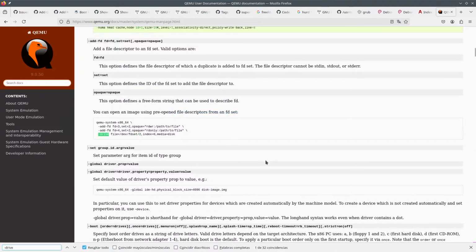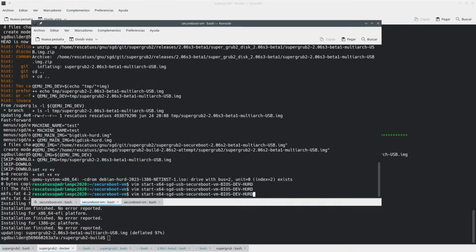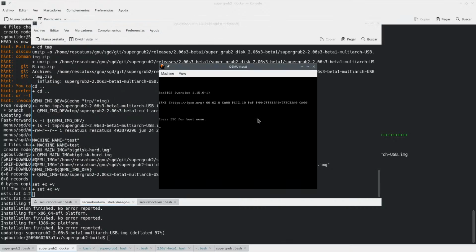Is there anything? Index. Okay, so we can specify an index here. So this is index 0. This is index 1. And this is index 2. So we don't want index 2 to be used, so this is going to be index 3, and hopefully this will do the trick.